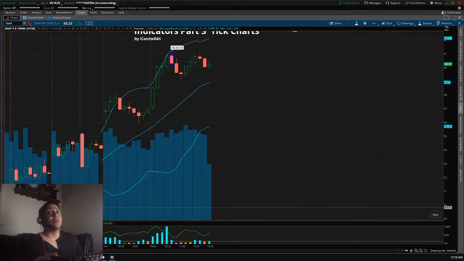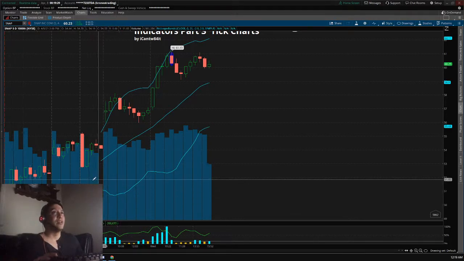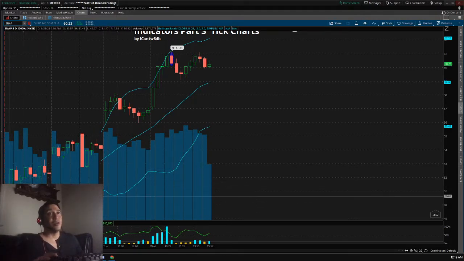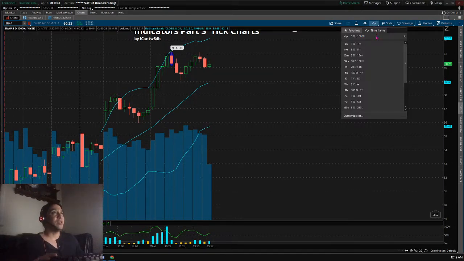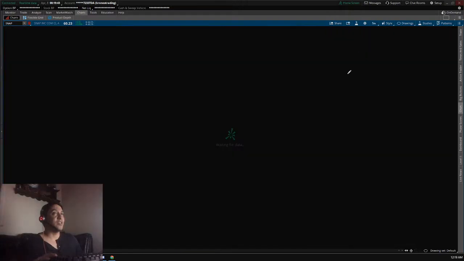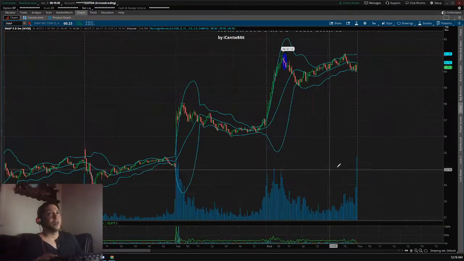So there's the bottom right there, that's the low, that one green candle down there, and that's as far back as I can go. But you can see this 10,000 tick represents that down from that last previous high to the last low. And now if I go in here and I change this to, let's say, a 5 minute,